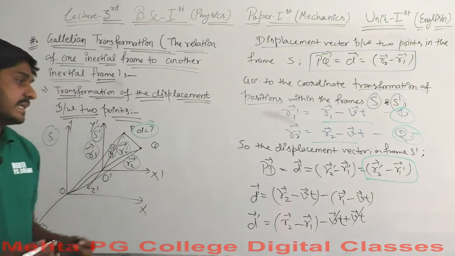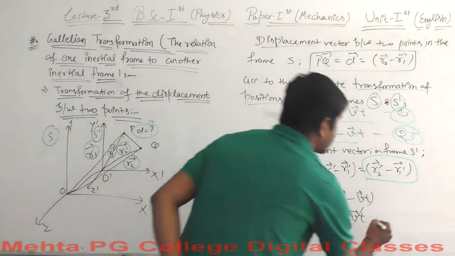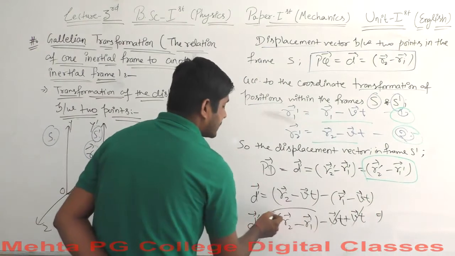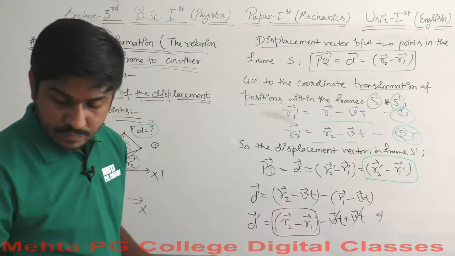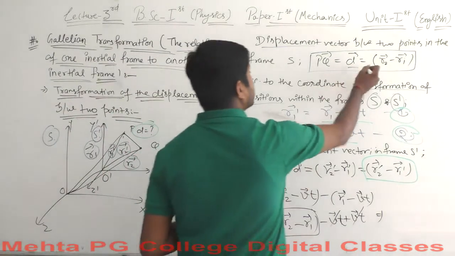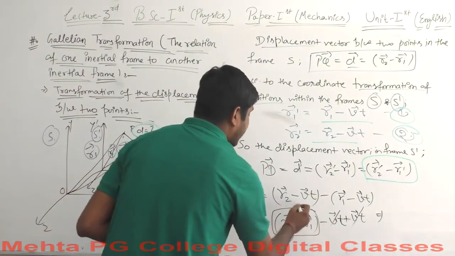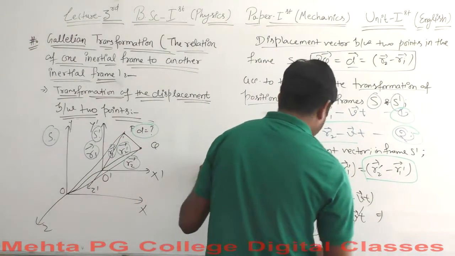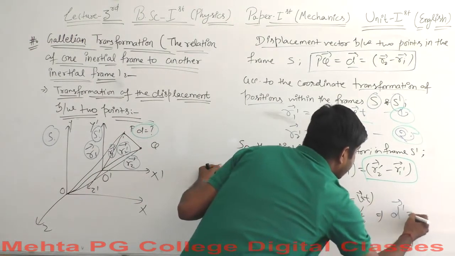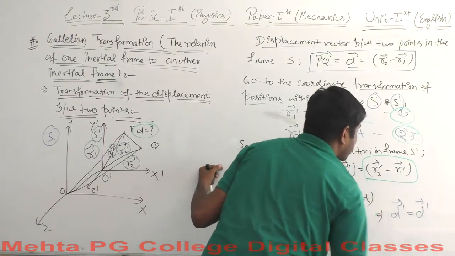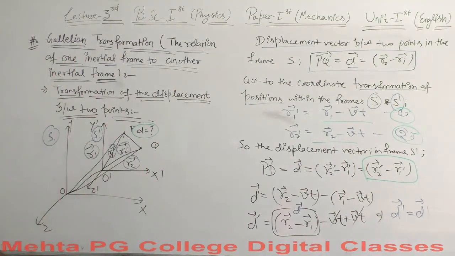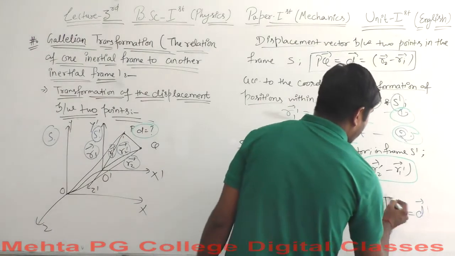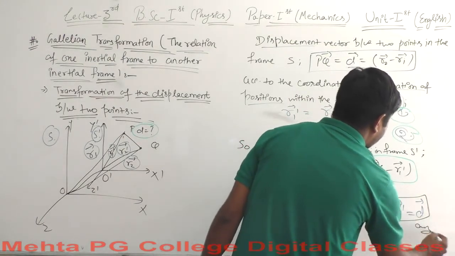If these quantities are cancelled out, if you remember, what does this quantity equal? This quantity equals this particular quantity, the d vector here. So what will we end up with? We will end up with d dash vector equal to d vector, or you can say simply d dash is equal to d. Okay, so this is what we were to find out.